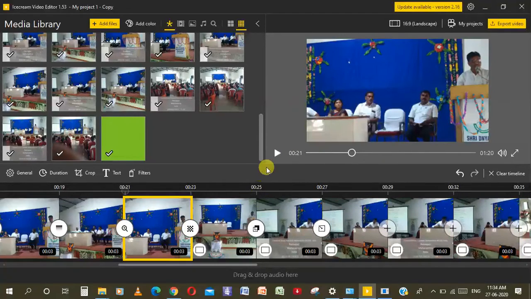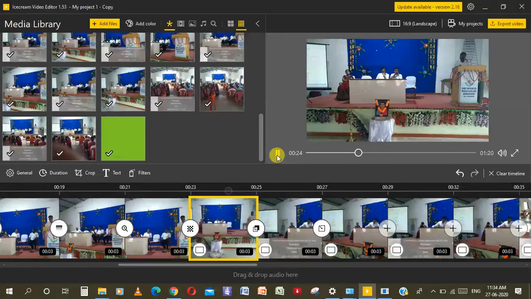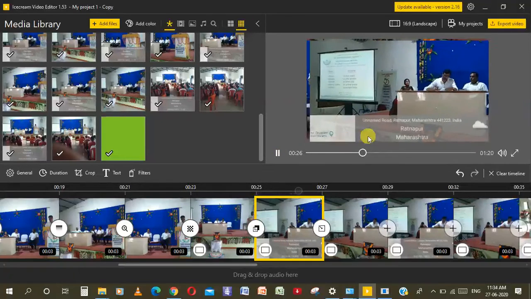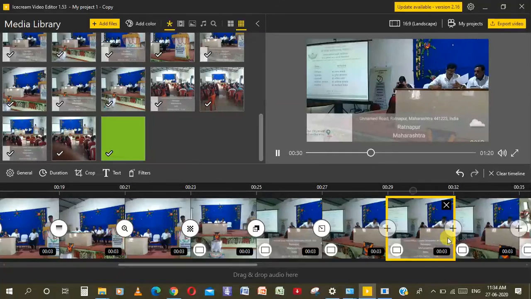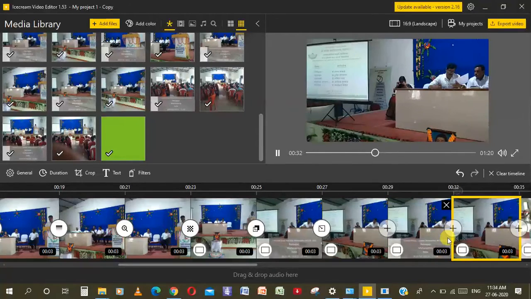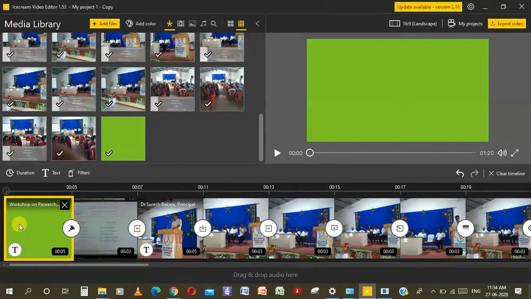See now this 3, look at the effect over here, and here nothing, they will just slide automatically without any effect. In this way you can select the images and go for a slideshow.